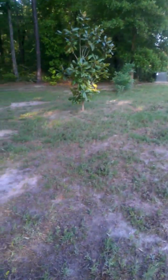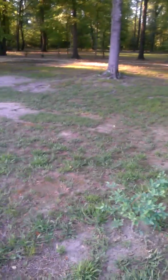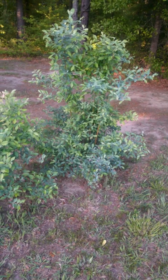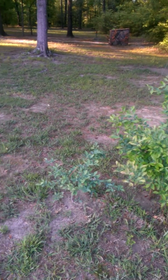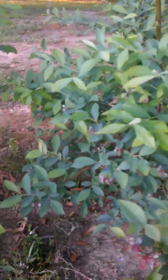The last thing we'll take a look at, Bert would kill me if I didn't include them, is our blueberry bushes. And these were started as just little pieces of root that I threw in the ground. And this is the 4th, maybe 5th year now. But this is the 5th year now. And even now in late April, I can't believe it, but the blueberries